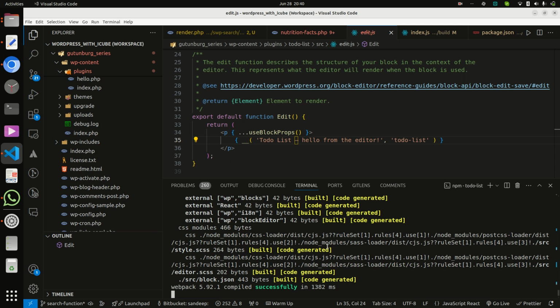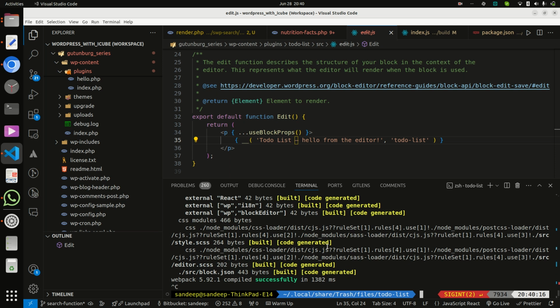Now it is generated, and after that activate the plugin, wp plugin activate todo-list.